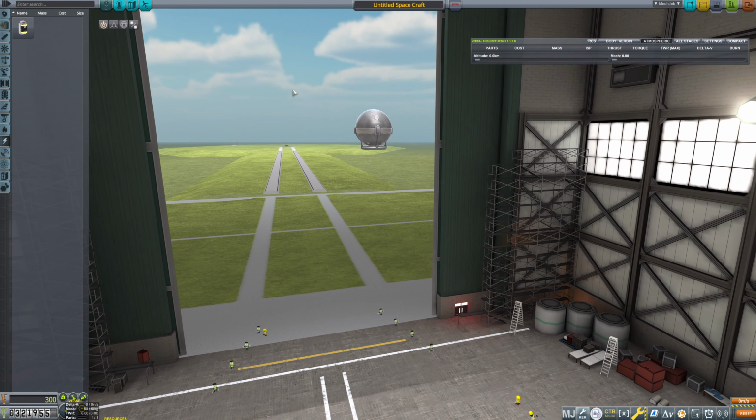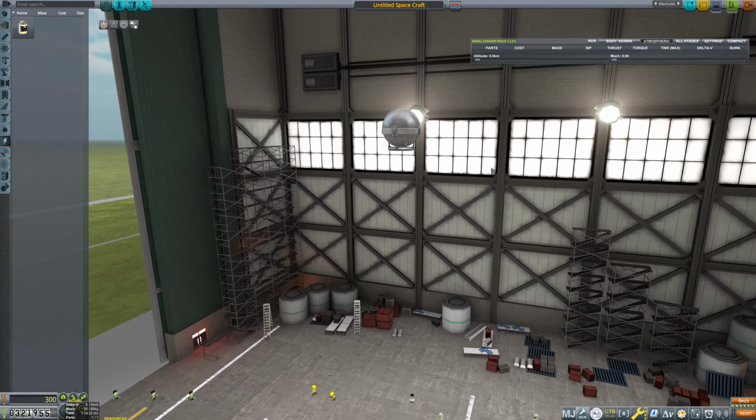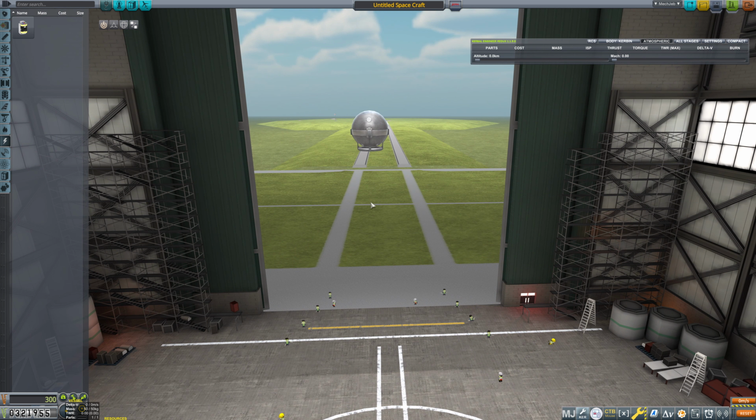So here's the thing. This thing is going to run out of power eventually, right? That's a guarantee. We have no way to generate power, but it doesn't say in the contract that it needs to generate power. That said, maybe we should add that in because that is a standard thing in KSP contracts, that the satellite needs to be able to generate power. That is standard for auto-generated contracts. So I think we'll do that, and that then means that we are not yet ready to do this contract,